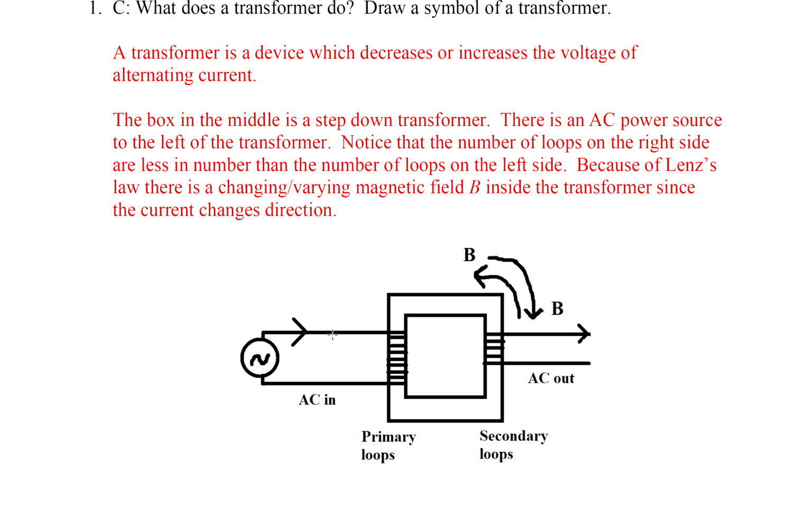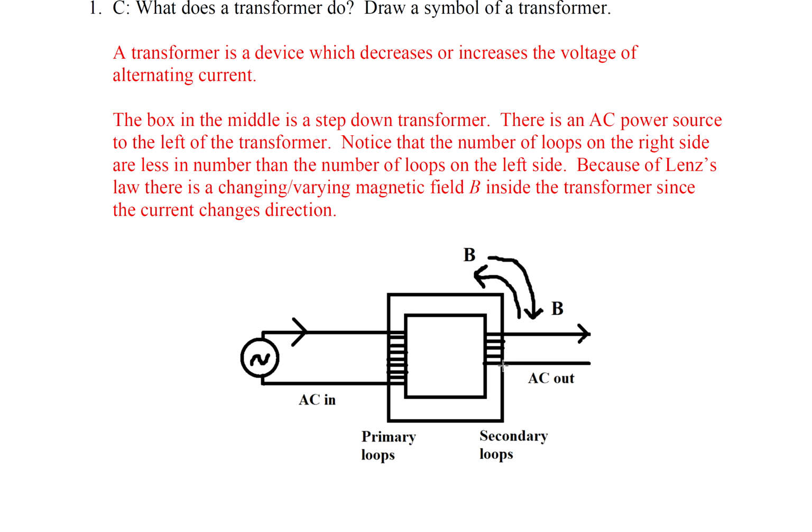Okay, so you see this image, we have a power source on the left side for alternating current. So this alternating current comes into this transformer. And since the current continues to alternate, the magnetic field lines continue to change their direction. And since we have a change in magnetic field, we're going to get an EMF from Faraday's law,